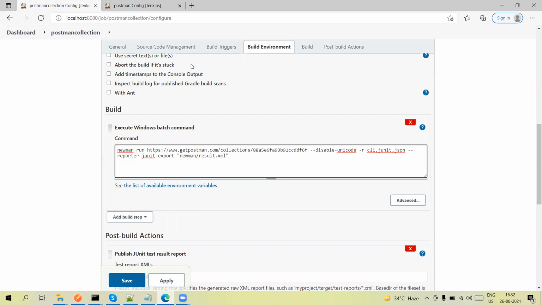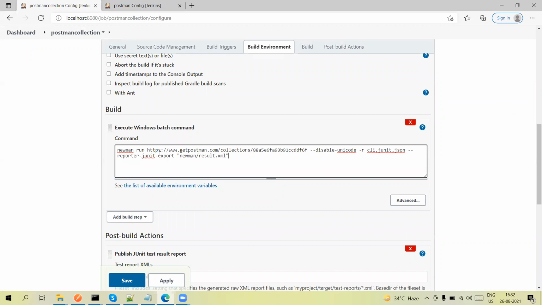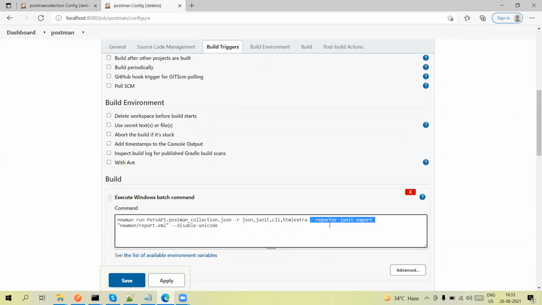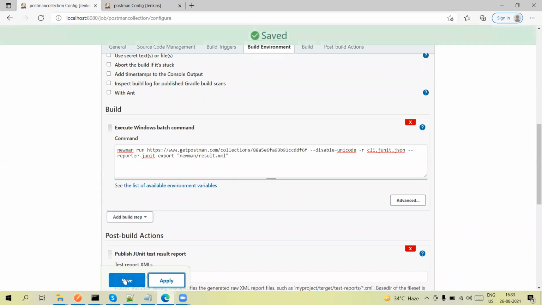So this is the option, and you can see here reporter JUnit export Newman report.xml. We need to pass this option, JUnit export. Save this and run.